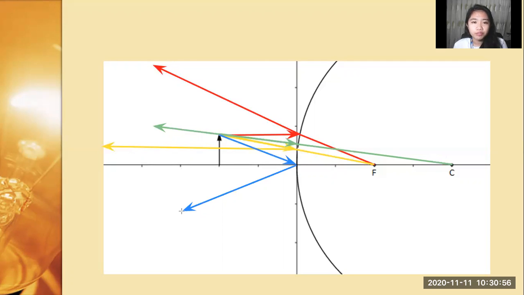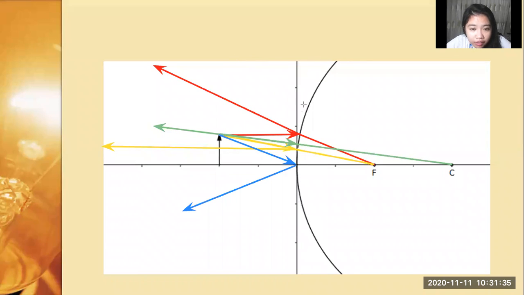So we'll just repeat what we did earlier with case number 5, wherein we just extended the reflected rays at the other side and then we'll use that intersection. So we all know that in this case, we will have a virtual image because the image is going to be formed at the back of the mirror where the extension of the reflected rays are found. So this red line here is the extension of the reflected ray for SR1. Let's draw the extension for SR2.